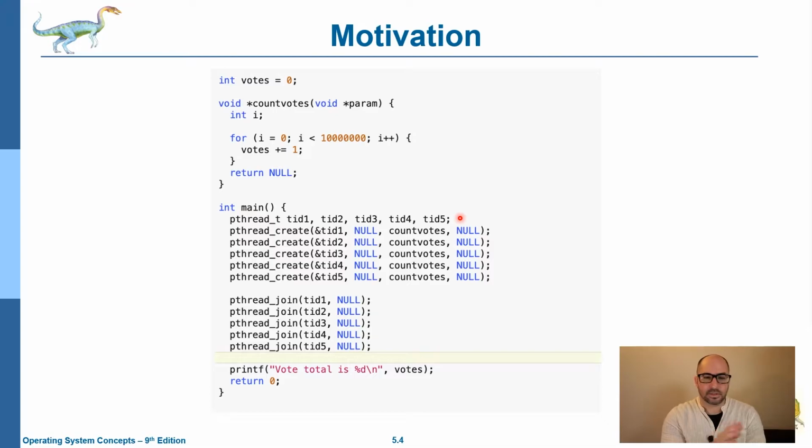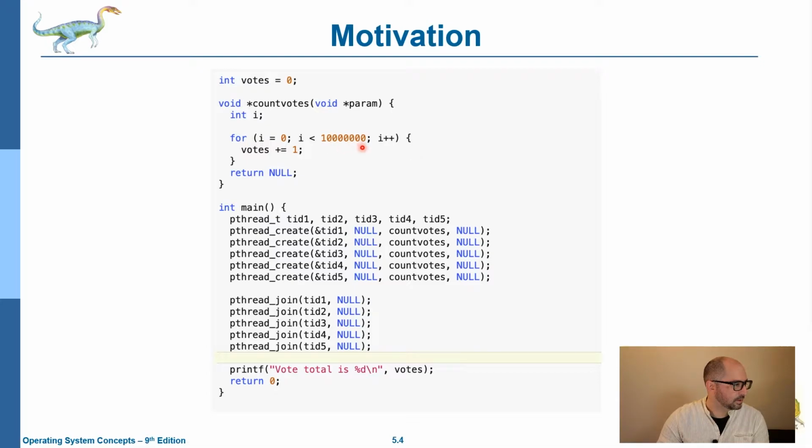So our motivation, this is part of your lab. This is a problem that you've already encountered, at least in the lab, though you may not be ready to solve it by the end of reading this chapter and going through this lecture. You should be able to solve that problem all by yourself. So in this particular program, what we have are 5 threads of execution, and we use the pthread API to create those 5 threads in this line here. And their entry points are this count votes function. And each of these counts